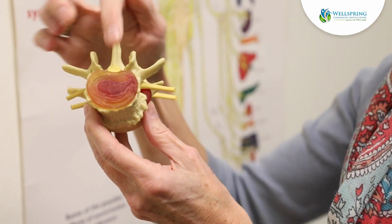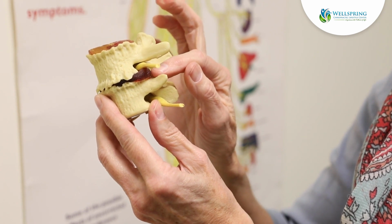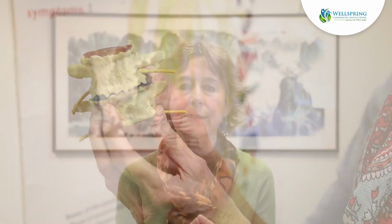The Bethesda Naval Hospital actually did some wonderful research that found that if we can traction out the spine and untwist it, the disc can suck back in, and those fibers can restore. And so there are cases where there's an acute disc injury and the fibers have just separated and it can be sucked right back in. In other cases, the fibers have broken down over time from chronic stress on that joint and on that disc. And when those fibers break down, that's going to be a situation that's going to take longer to correct and to stabilize. So I hope that you found this was interesting and helpful to understand how chiropractic care here